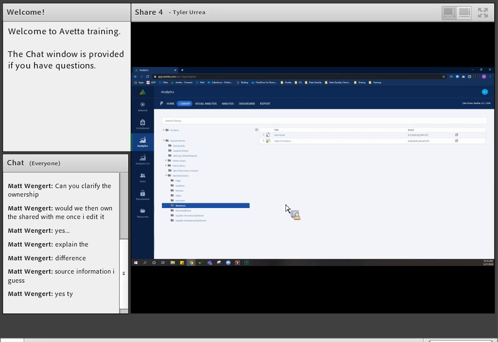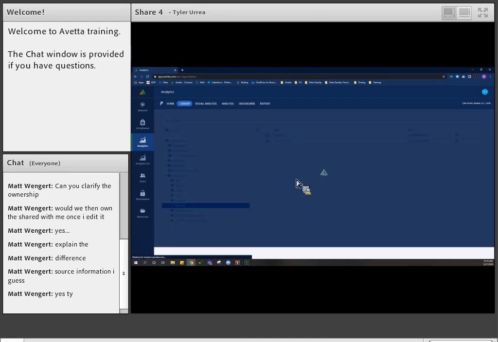Now, there are only two items that show up here. The first one is the table of contents. The table of contents simply gives us a breakdown of what each data table contains. So each of the values or columns that I'm going to be able to pull from each data table, which we're going to look at here in a moment. The data model is a flow chart that shows me how each of the data tables are connected. So when we click on data model,